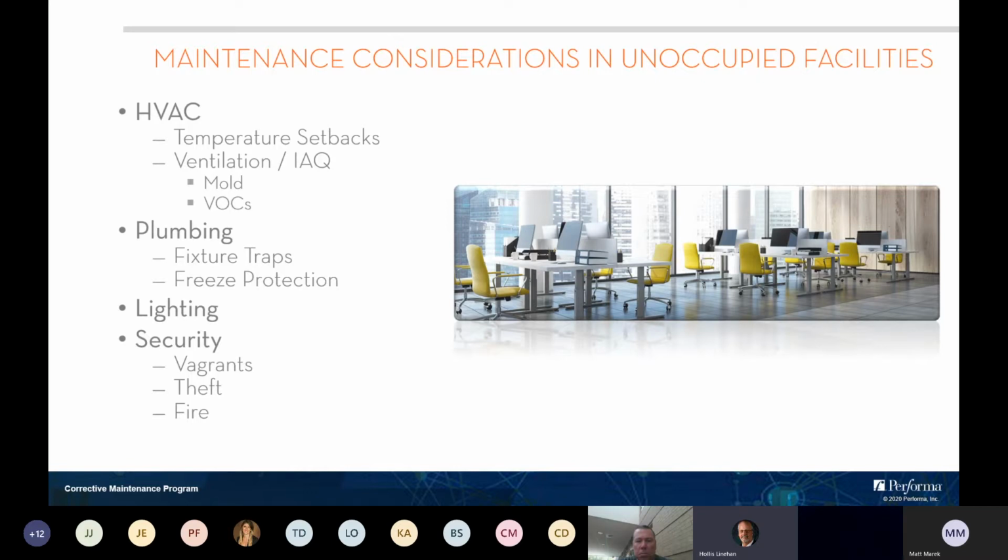The more those fans are turned off and only cycled when a little bit of heating is needed, the more those plumbing fixtures, plumbing pipes, and other types of water-containing systems can freeze up. So, the considerations we're talking about really cover the move to a less occupied building, the operation and maintenance of an unoccupied building, and also the transition of that unoccupied building into what we're looking at right now, the reoccupation of the workspaces